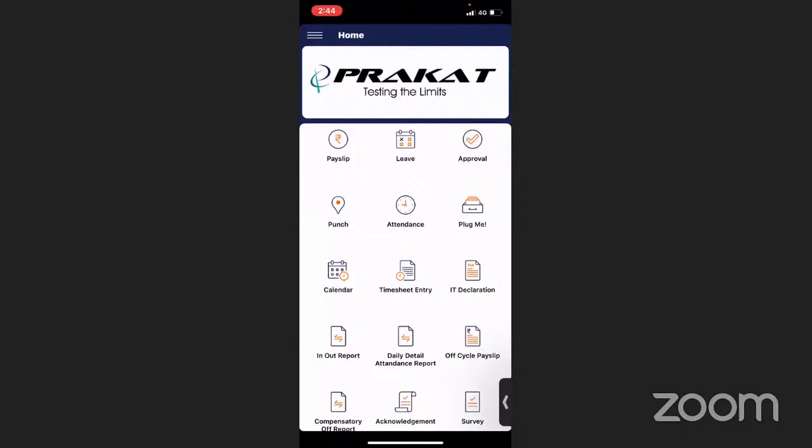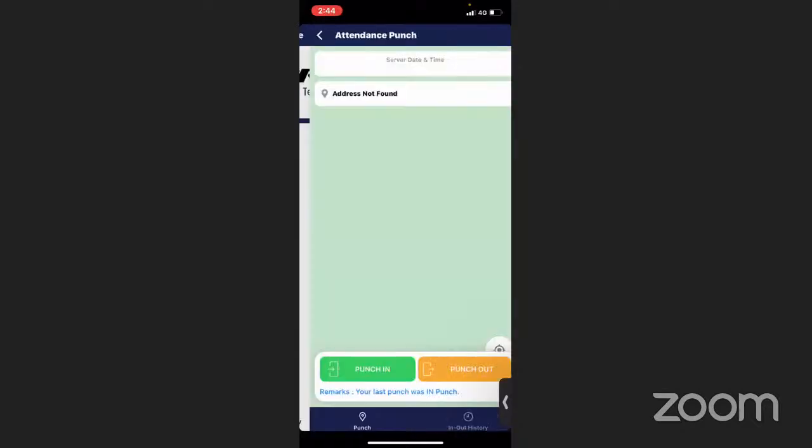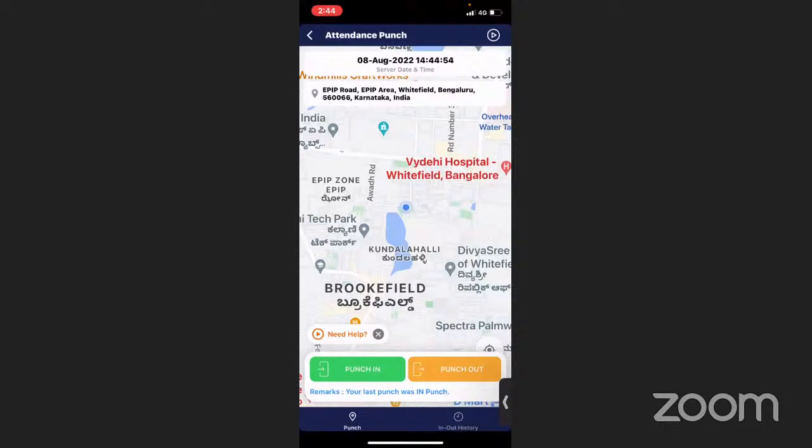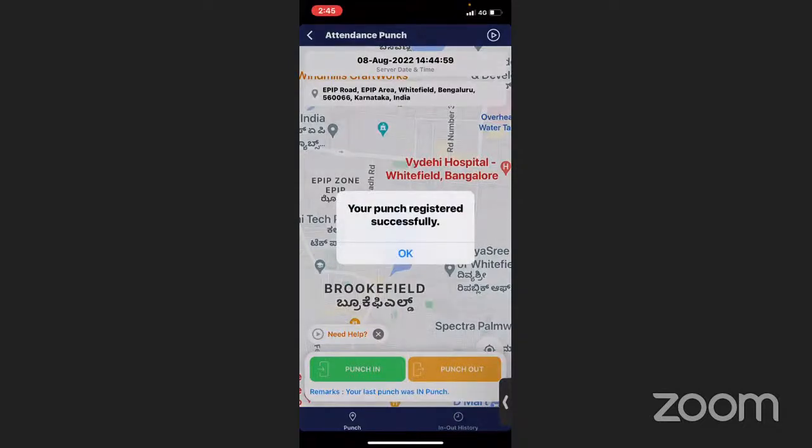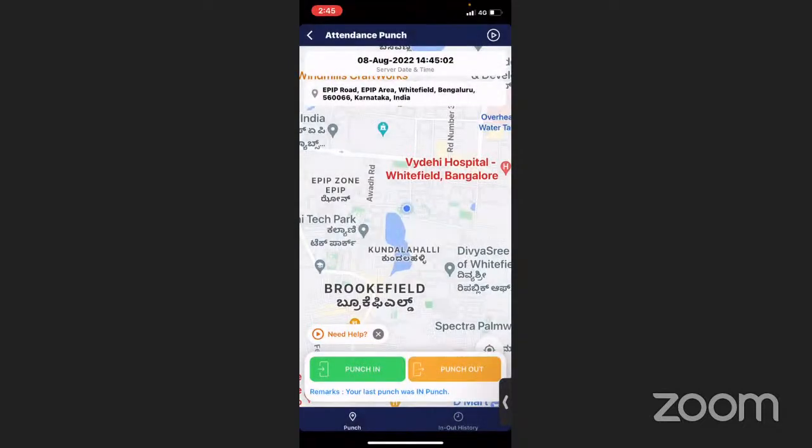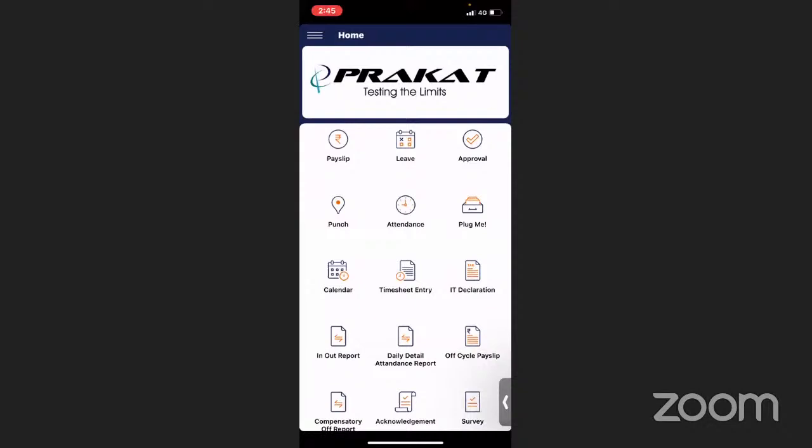So this is how it looks, and you can go to punch in, show the details, and just say punch in. Your punch in registered successfully. Once you have punched in, you'll get to know when it was punched in, and then you have your pay slip here. You can open your data and then